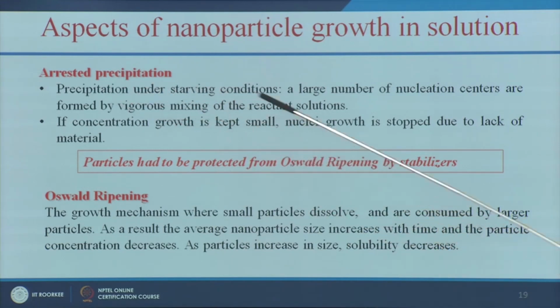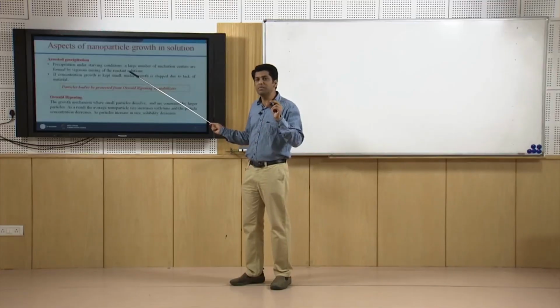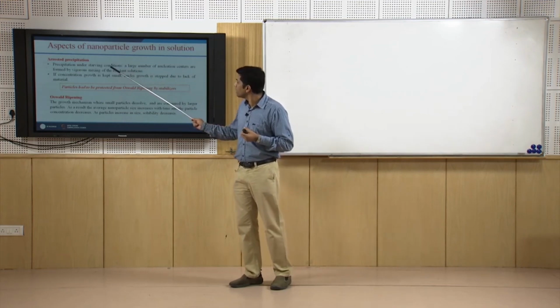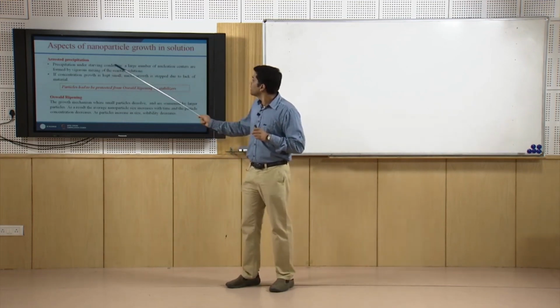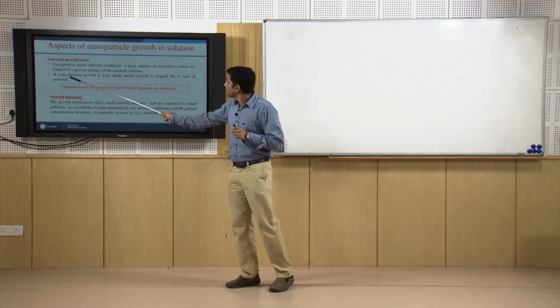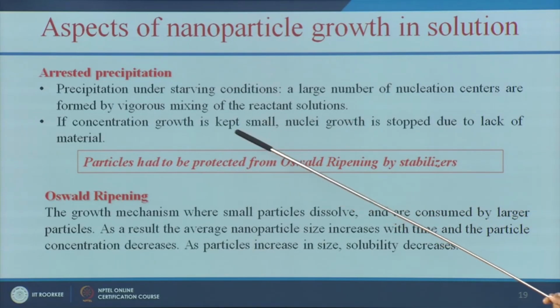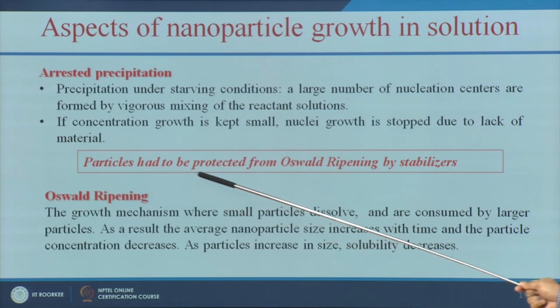Here a large number of nucleation centers are formed by vigorous mixing of the reactant solution. So, when you make your nanoparticle, we have to mix it vigorously. When you mix it vigorously, you will have a greater number of nuclei. So, this I will show you in the last with a simple experiment how to make this and how to mix it vigorously. And here if you keep the concentration small, the nuclear growth will be stopped due to lack of material. So, this is called arrested precipitation,